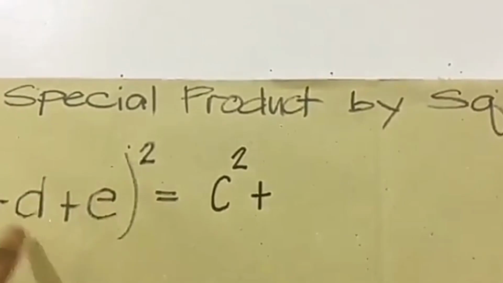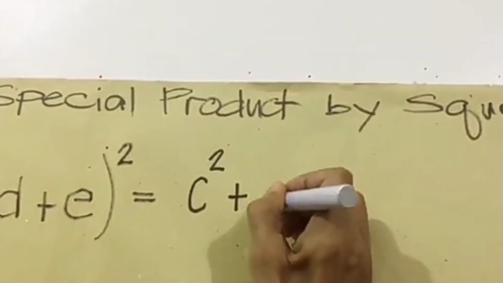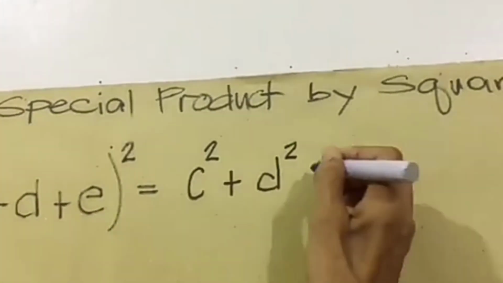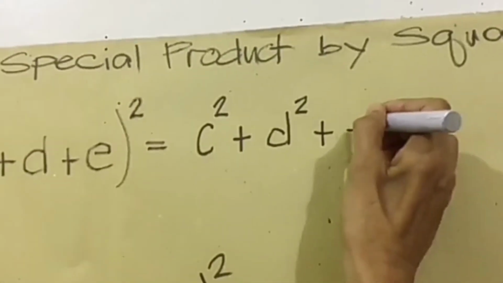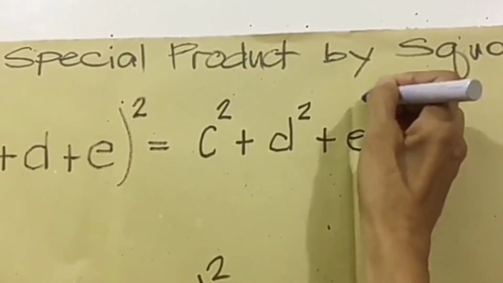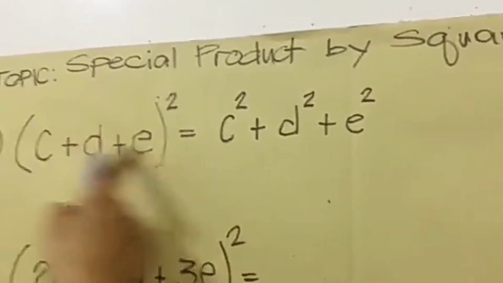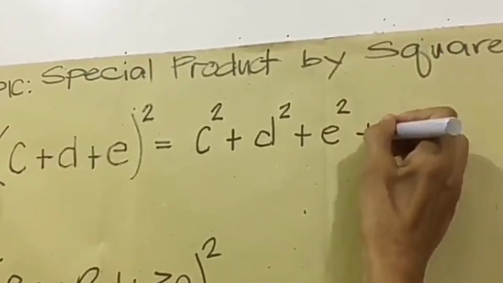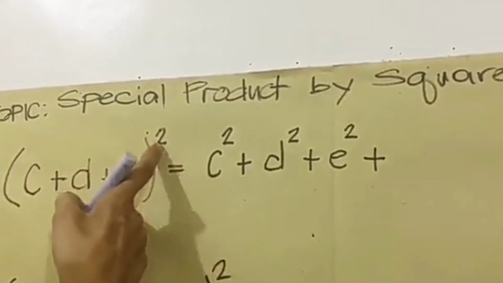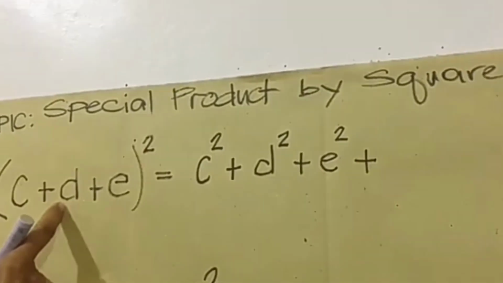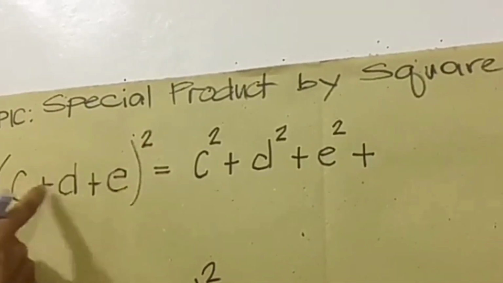plus the square of the second term and plus the square of the third term. Then the second, since positive here, we have this also positive, and the exponent times the first and the second. That's why 2 times C times D equals 2